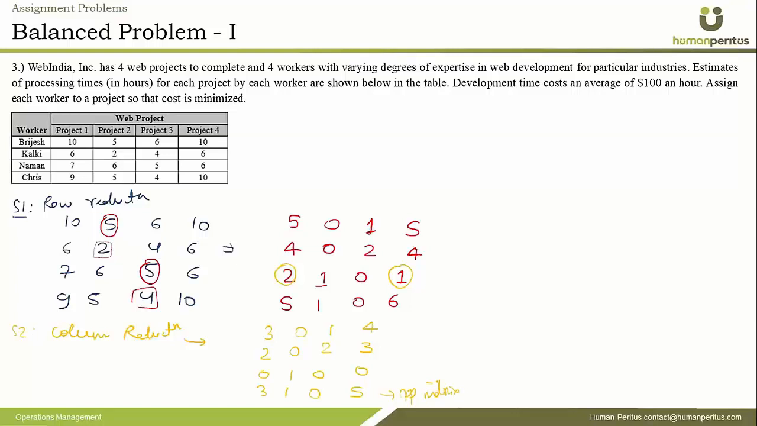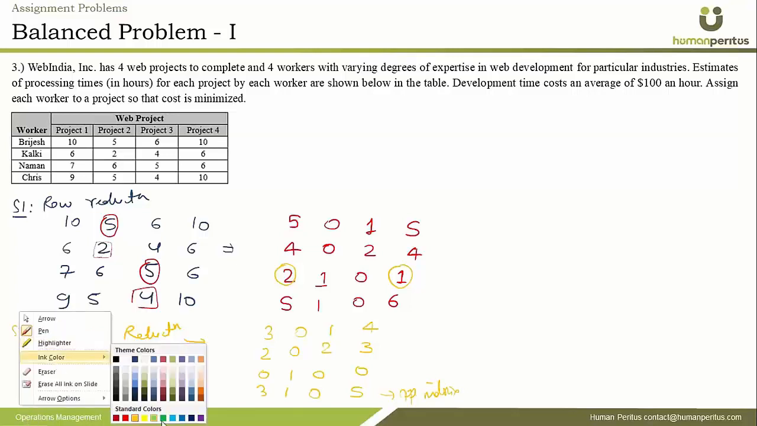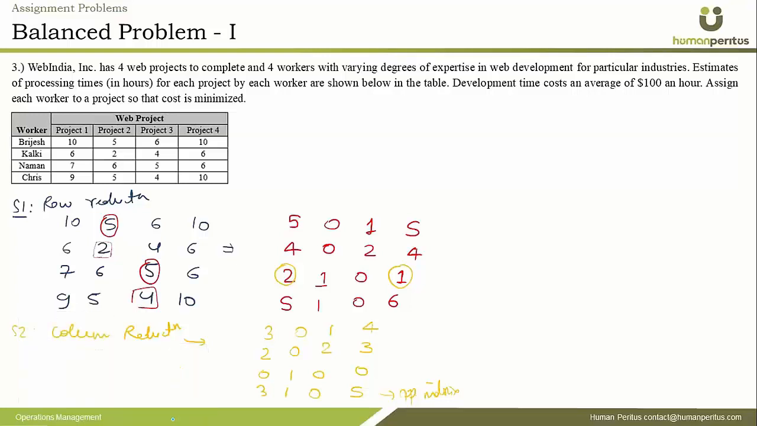So the first two steps are clear. First is row reduction, second is column reduction. Then we will move to our step 3. What is step 3? Now we will try to assign values. Let me first put it here: 5, 0, 1, 5, 4, 0, 2, 4, 2, 1, 0, 1, 5, 1,